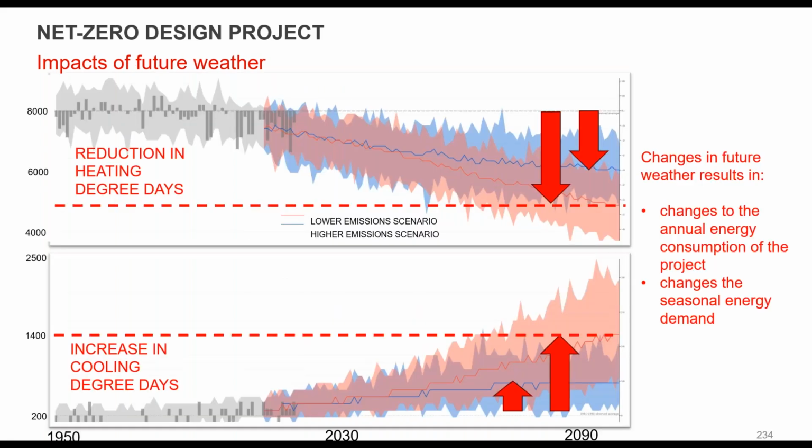Another thing they looked at was the impact of future weather. And I mentioned for Washington, D.C. that we're seeing a reduction in heating degree days and an increase in cooling degree days, but efficiency on cooling equipment is quite a bit higher than most heating systems. So what you'll see is a net reduction in much of the temperate climates of the world. So that is what we're seeing ongoing.